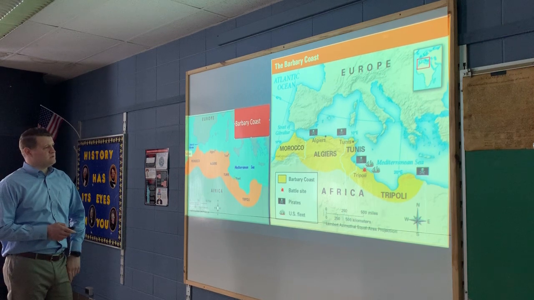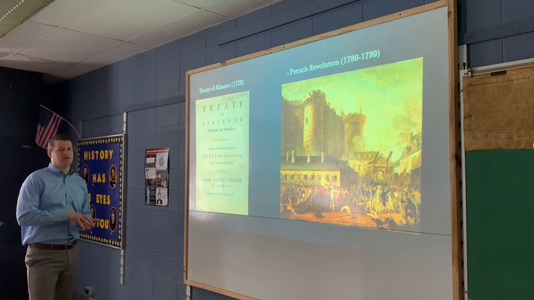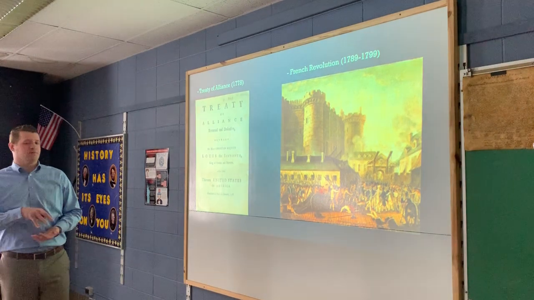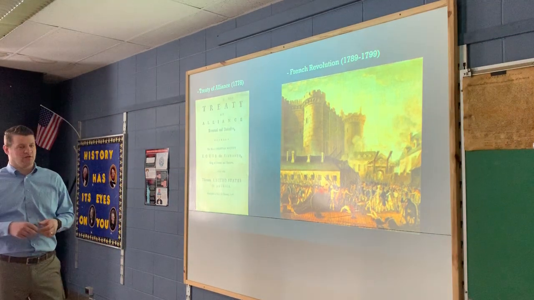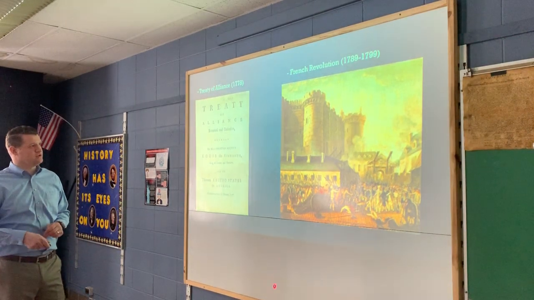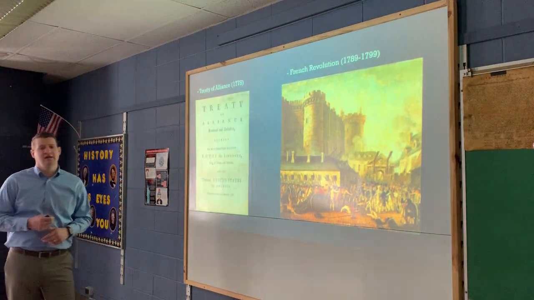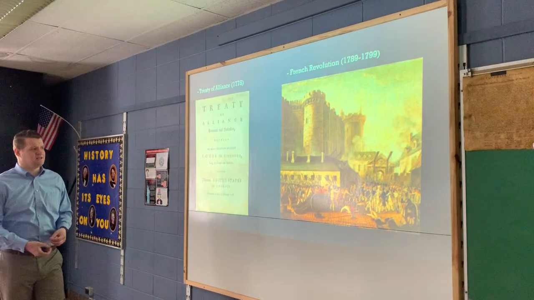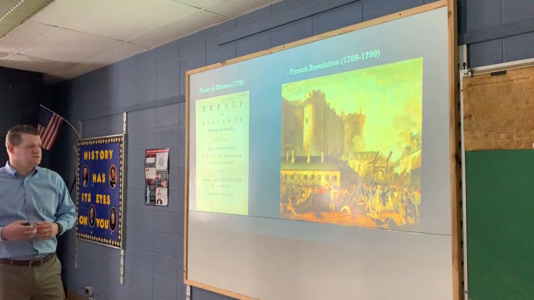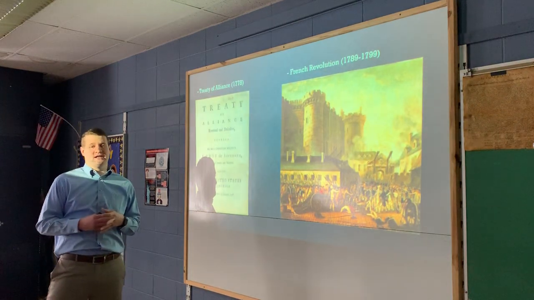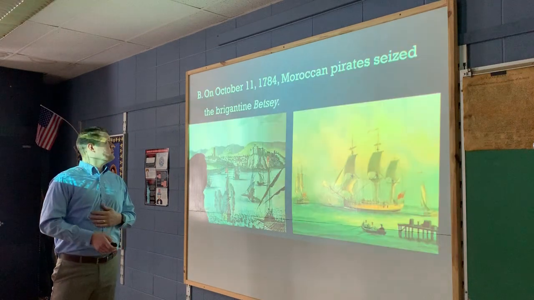All right, next. So here's a picture of the Treaty of Alliance. This was the treaty that America had with France that protected our vessels. France's fleet, their ships, would protect our vessels in the Mediterranean Sea. The French Revolution lasted from 1789 till 1799. And because of what was going on, the United States wanted out of the Treaty of Alliance with France because of the political unrest and the different things going on in the French Revolution in this decade here.